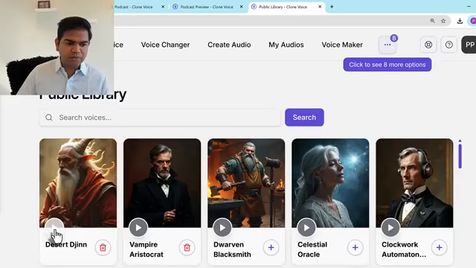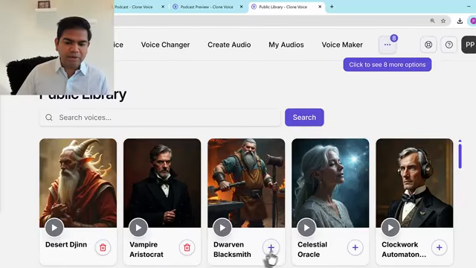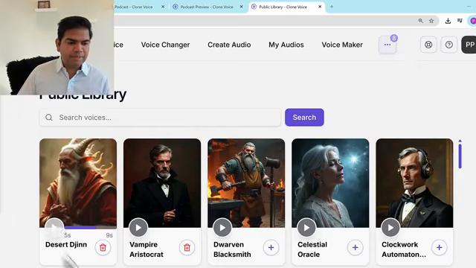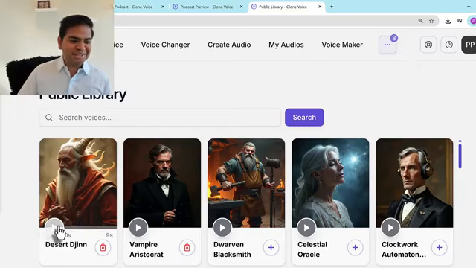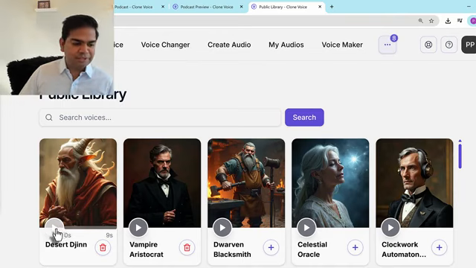So let me show you this one, for example, and you can pick a plus icon here, and you can get them into your workflow at any point in time. Let me do that again, because I had my microphone showing up, which will create a reverb, but let me show you this.